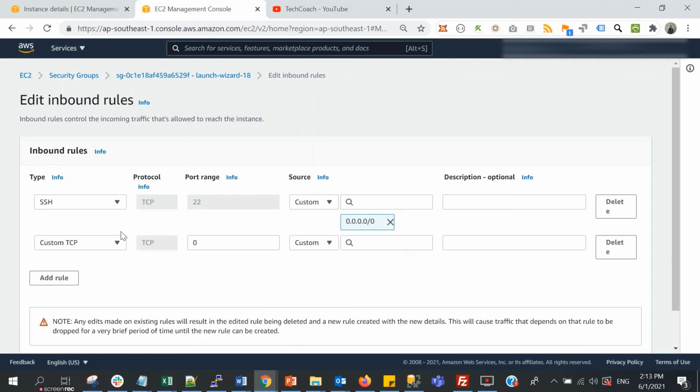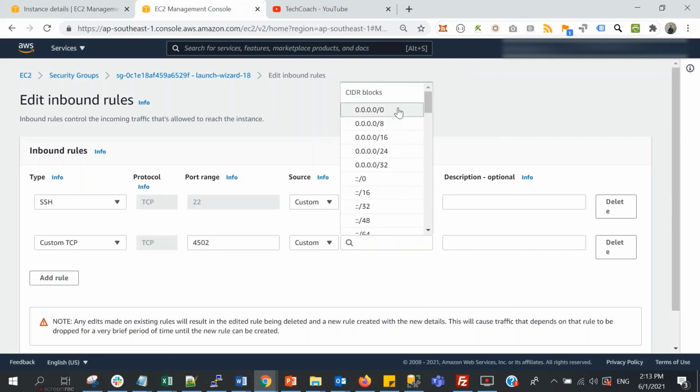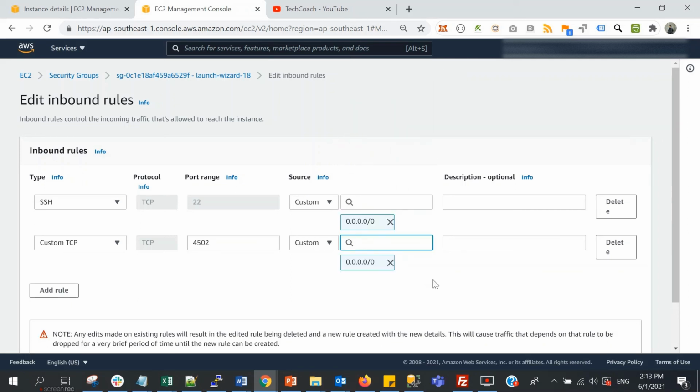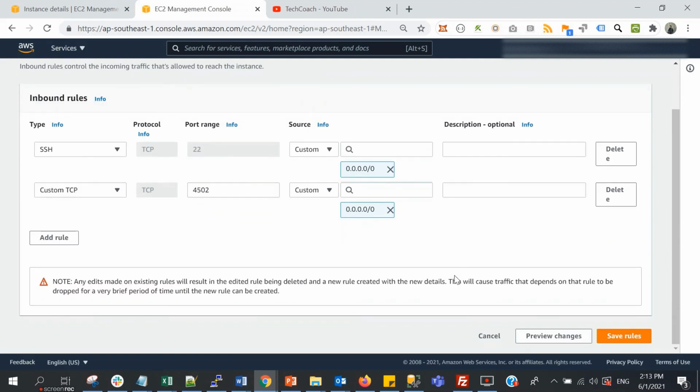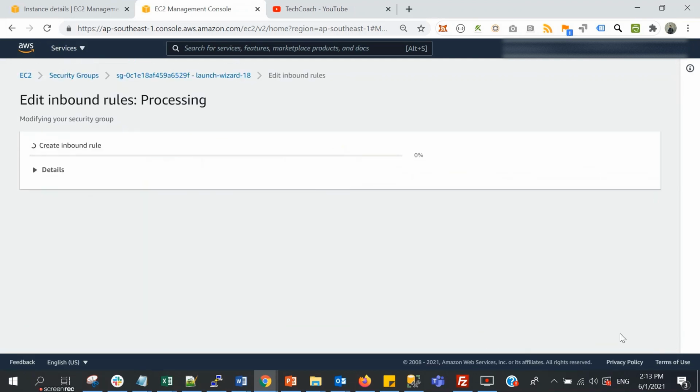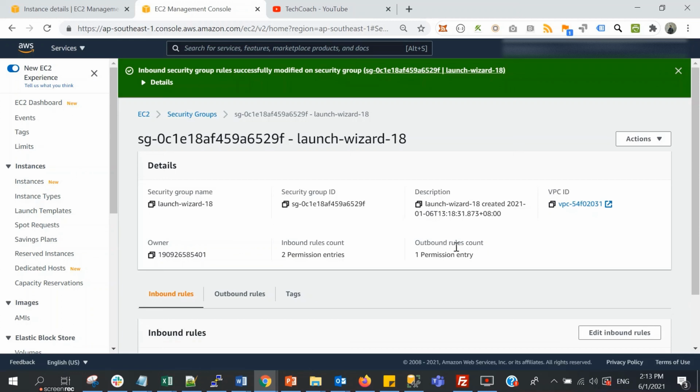From here, we can add a custom TCP rule and open port 4502. The source IP is 0.0.0.0/0, meaning for all IPv4 addresses. Okay, the security group is already updated.